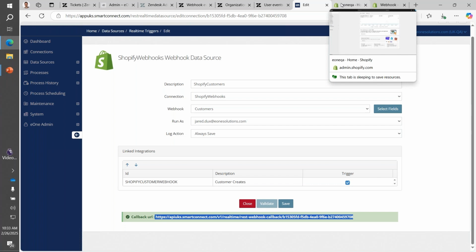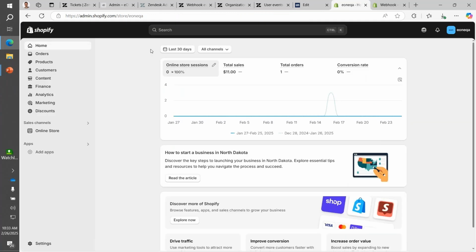And this is going to be true with whatever system you work with. You have to tell it where you're sending the data to. And a lot of systems might have a webhook that sends to multiple different environments. It might be sending to SmartConnect, might be sending something else off to another API, might be feeding into a warehouse system as well. So webhooks can send that data to a lot of locations, which is why it's not a one-to-one link there. So if I go into the Shopify environment, and we'll look at this one specifically, if I go to settings,